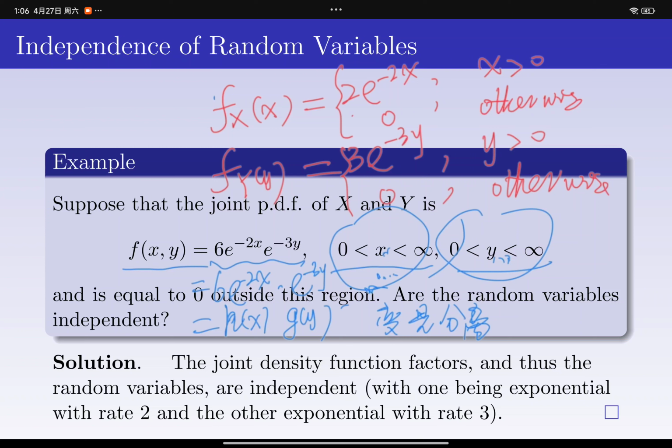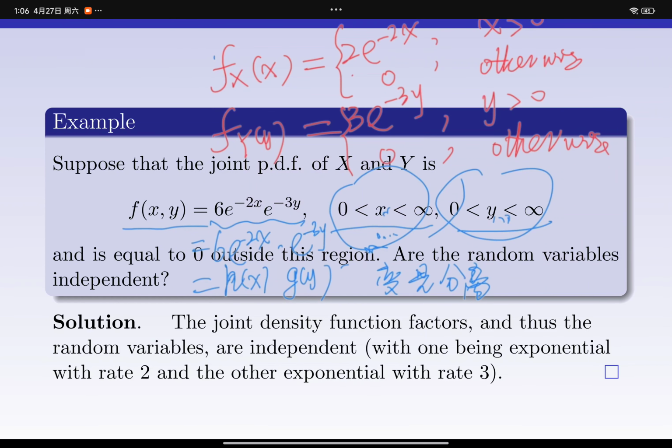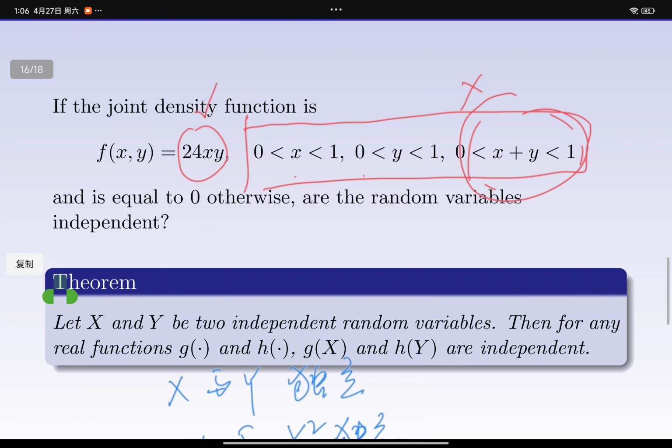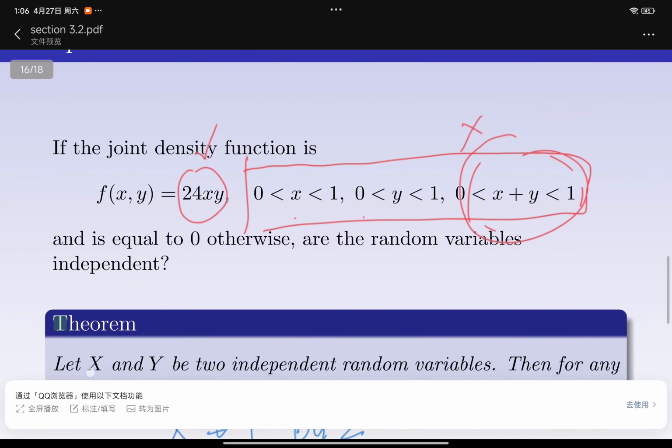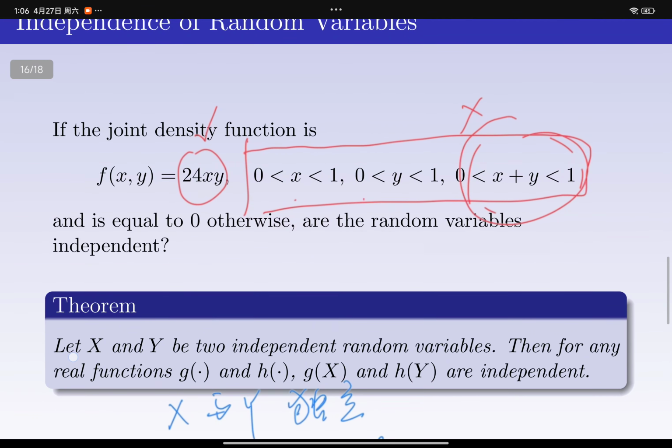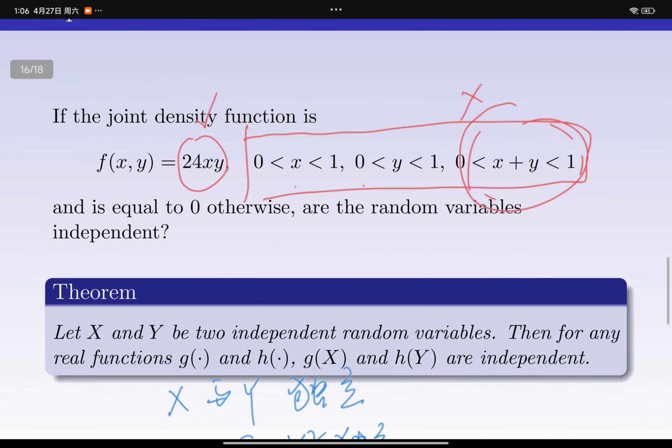The joint density function factors, and thus the random variables are independent, with one being uniform and the other exponential with rate 3. Because they are not a rectangle,